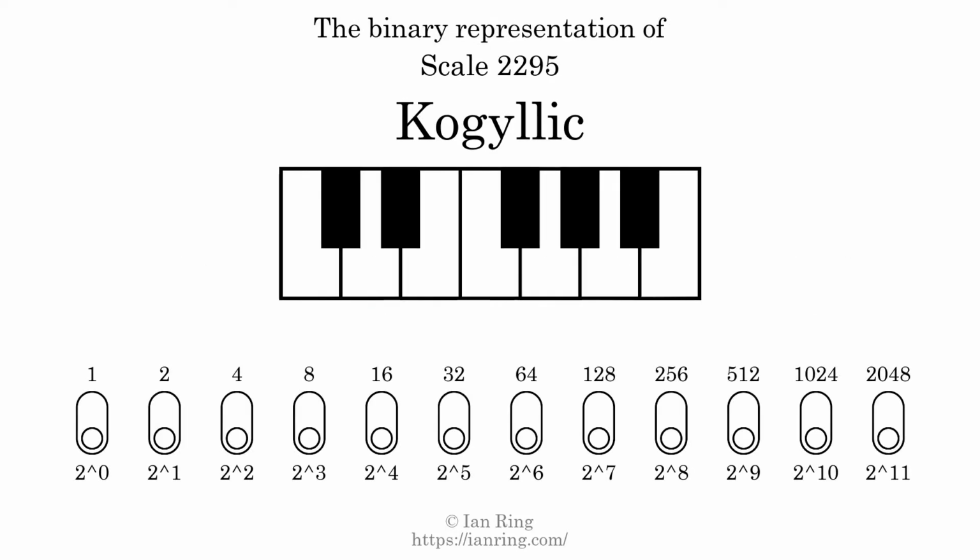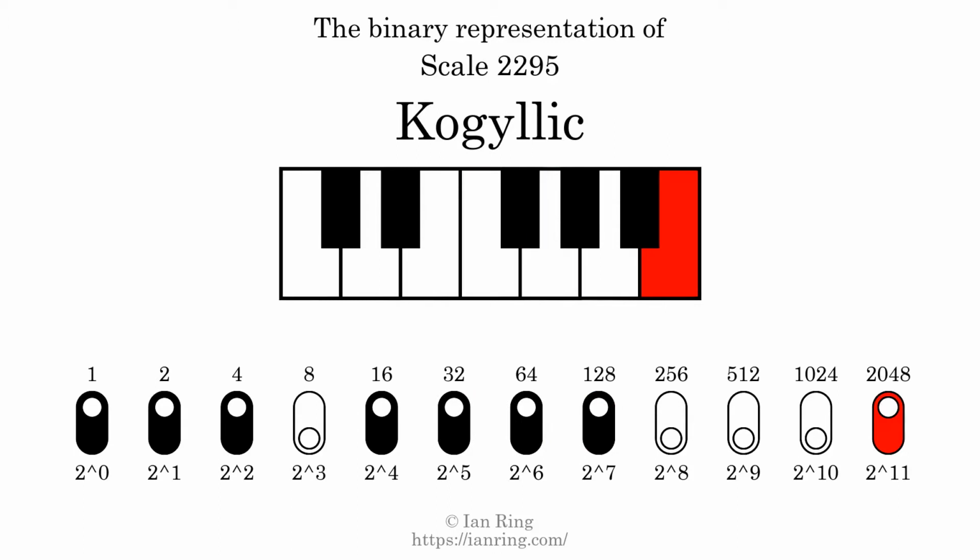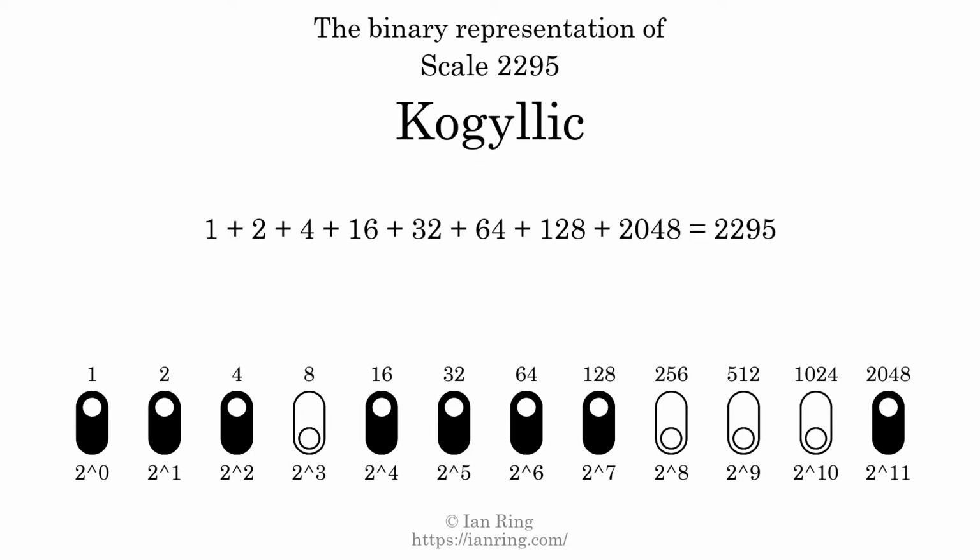The binary representation of this scale is determined by mapping tones of the scale to binary digits. Each binary digit represents a power of 2. To get the scale number, we add the powers of 2 together. The powers of 2 that are present in the scale, all added together, equals 2295. That is why the scale number, in decimal, is